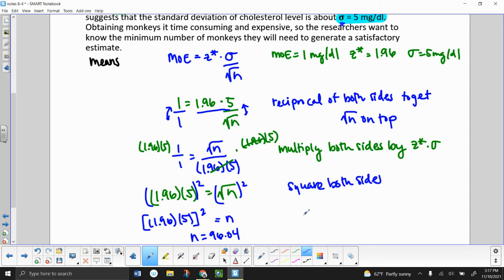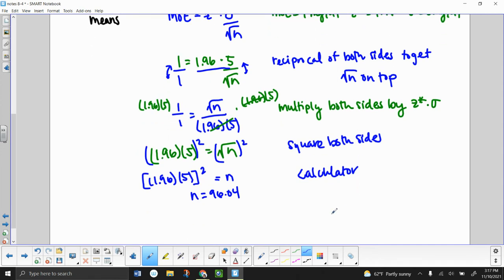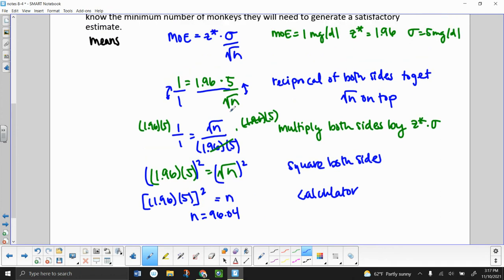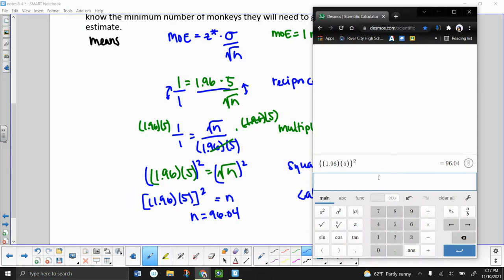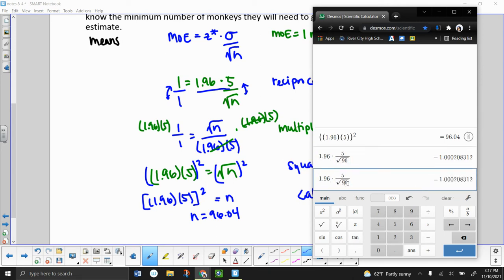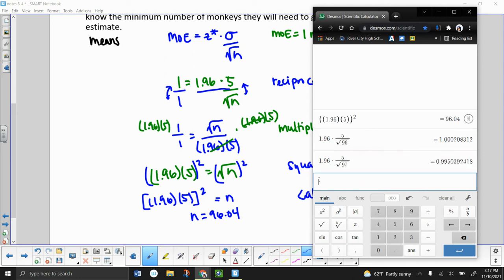The thing with sample sizes is you should always round up. If we were to plug 96.04 into our original formula for the margin of error, so 1.96 times 5 over the square root of 96, that's going to give us a margin of error of 1.0002. But if we plug in 97, we have a margin of error of just